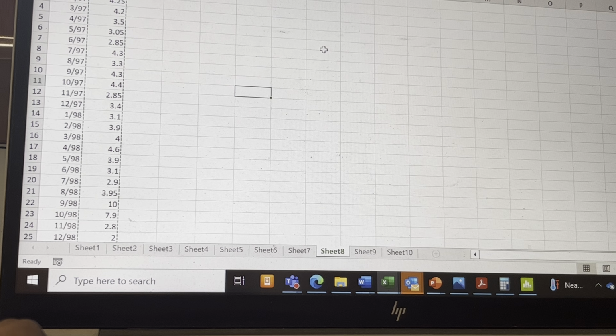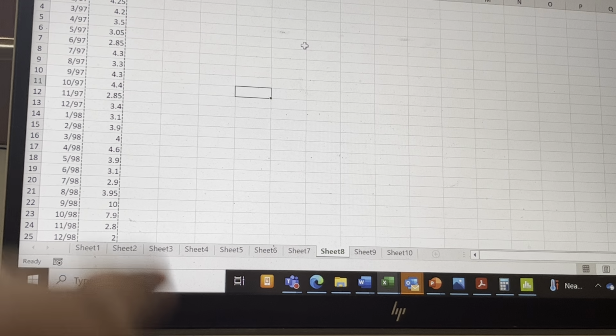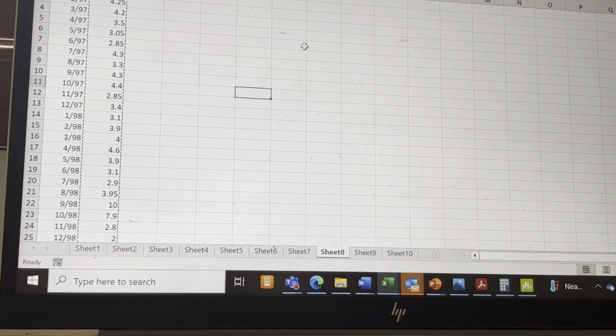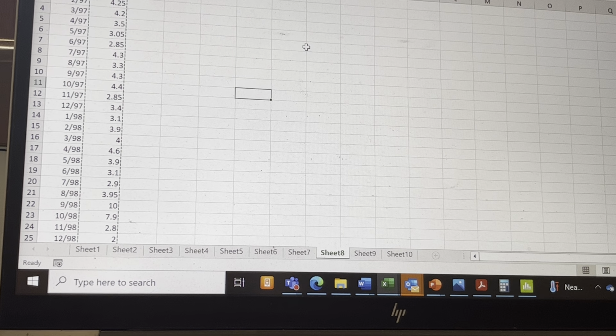For doing an I-chart, what is the first thing you should do? First, you have to check normality. Very good. If it is normal, then we can go ahead with the I-chart. If it is not normal, then we have to check the Johnson transformation. After Johnson transformation, if it is normal, then we can do the I-chart